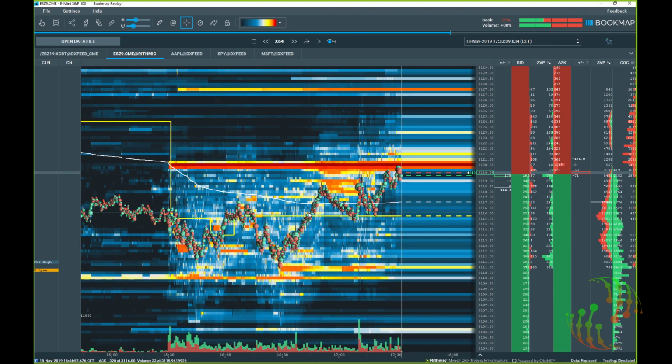But what we want to keep in mind is that liquidity is a map for us. So when we trade on some days, we have a clear map in front of us. We know where a possible support is. We know where possible resistance is. We know where the price is possibly heading to. It's like a map.